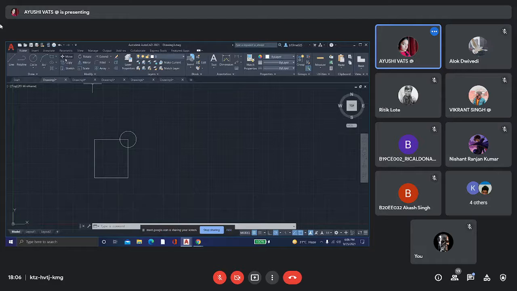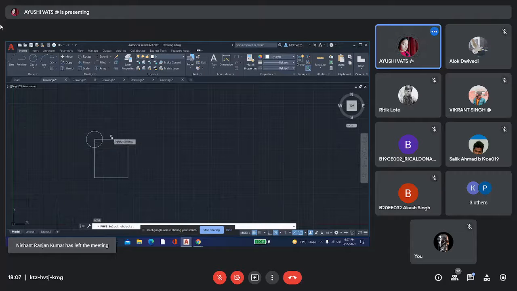First we start with the move command. Okay. Move tool. If we want to move this circle from this position, or this position, then how can we move? We directly select the move command here, select the object, then press enter. Now we have to select the base point. The base point is the point from where we pick the object, like we pick the object from its center. Now we place it here and then press enter.